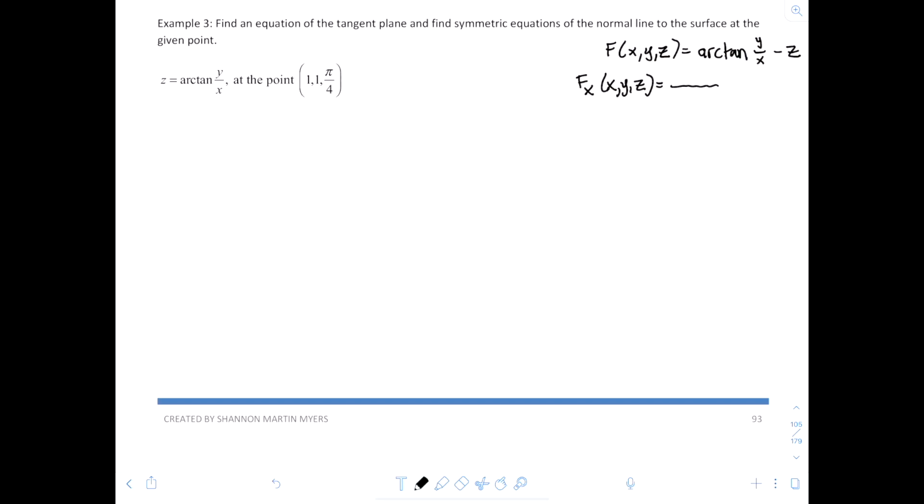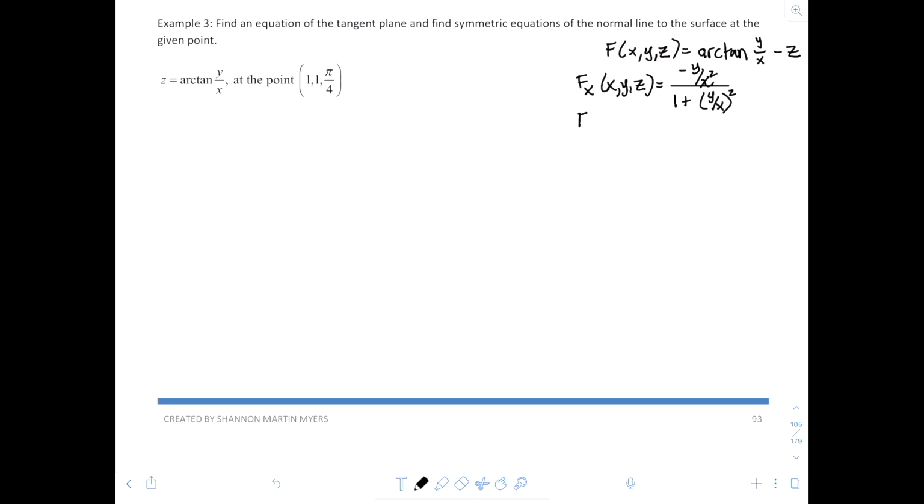Remember, in the denominator, you're going to have 1 plus what's inside that arctangent squared, and then you're going to have the derivative with respect to x in the numerator, so that would end up being negative y over x squared,